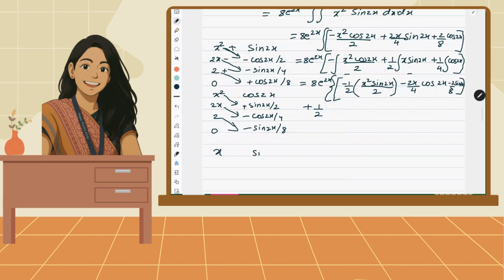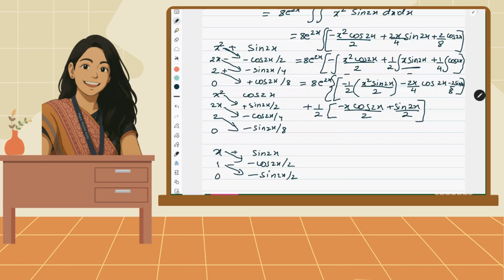So x and sine 2x. So 1, 0, minus cos 2x upon 2, minus sine 2x upon 2. You can do it by parts also if you don't like this method. I find it very easy and quick, so I always apply this. Basically, this is the Bernoulli's rule which we apply in a vertical manner. Plus sine 2x by 2. So second bracket, second integral also sorted, this one.